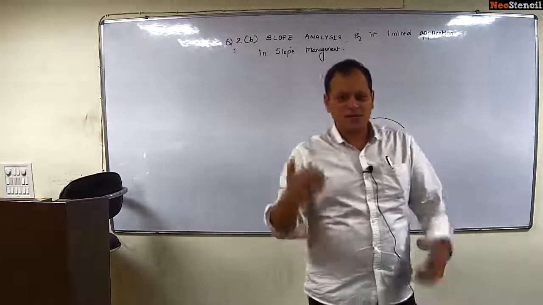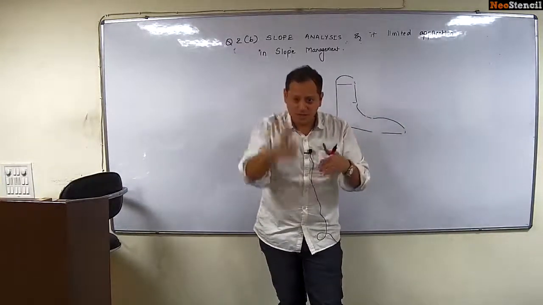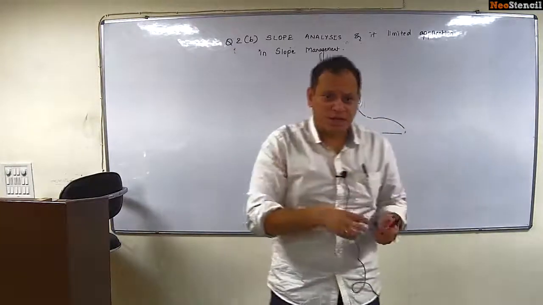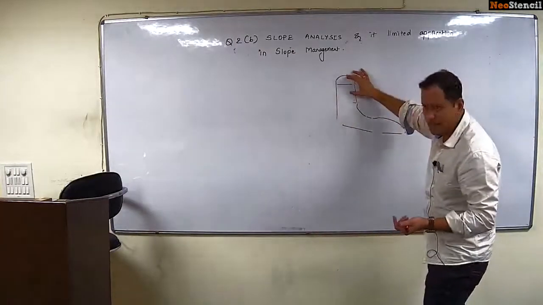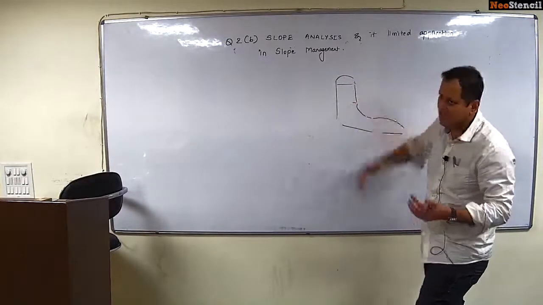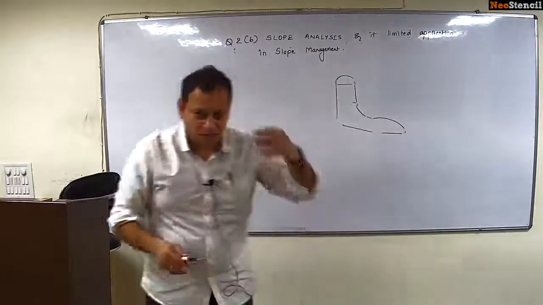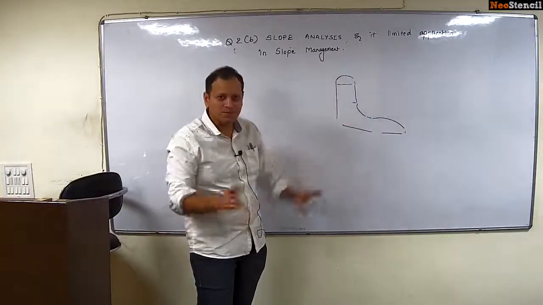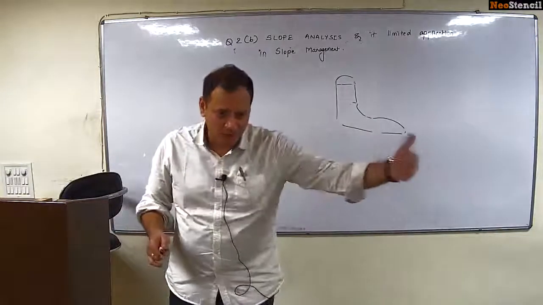So the stability and instability of the slope may be defined by the gradient, by the percolation of water, by the surface runoff, by the kind of rocks, whether it has experienced weathering, etc. How the water is percolating, what kind of rock is here. So on top there may be a permeable layer, below there may be a soft rock like clay, and again an impermeable layer. So what will happen? The ground will collapse if there is a soft rock like clay between the permeable and impermeable layer. This is not what we are studying in slope analysis, and therefore we cannot use it in the